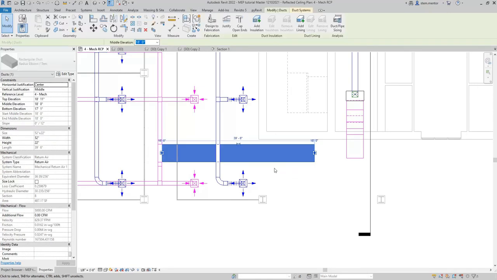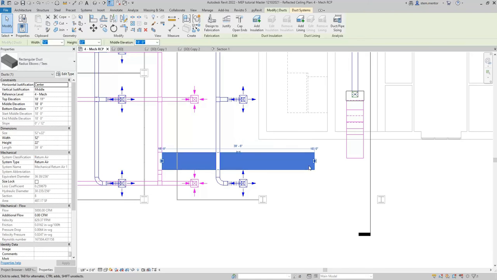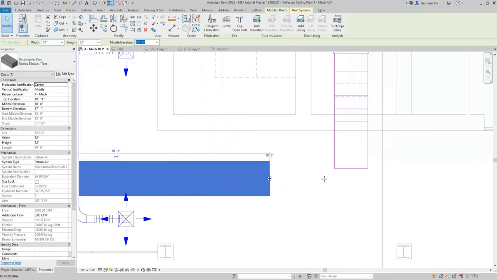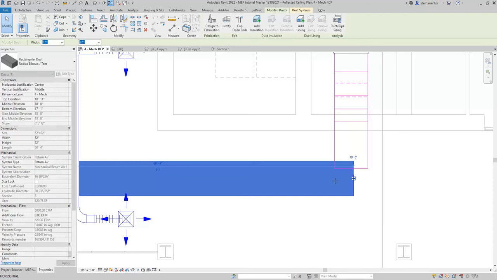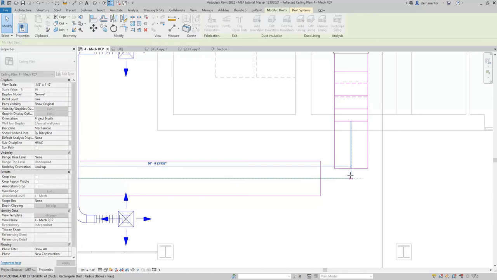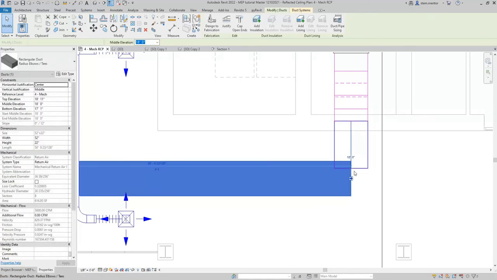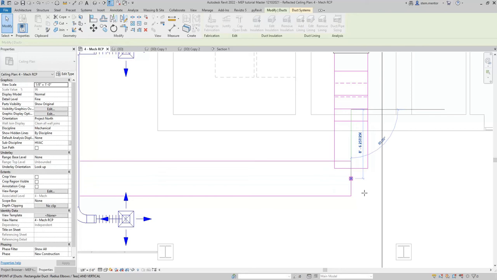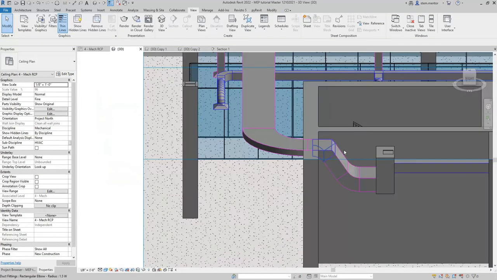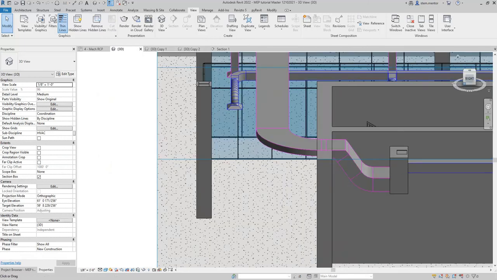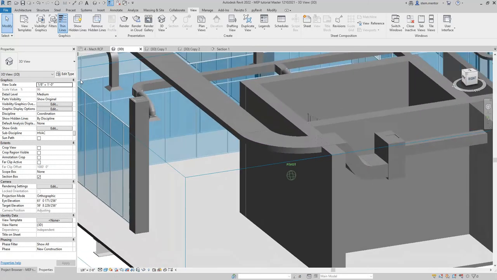Right, let's nudge this down. Okay, there we go. So now let's go to the 3D view, and as you can see, now this may not,